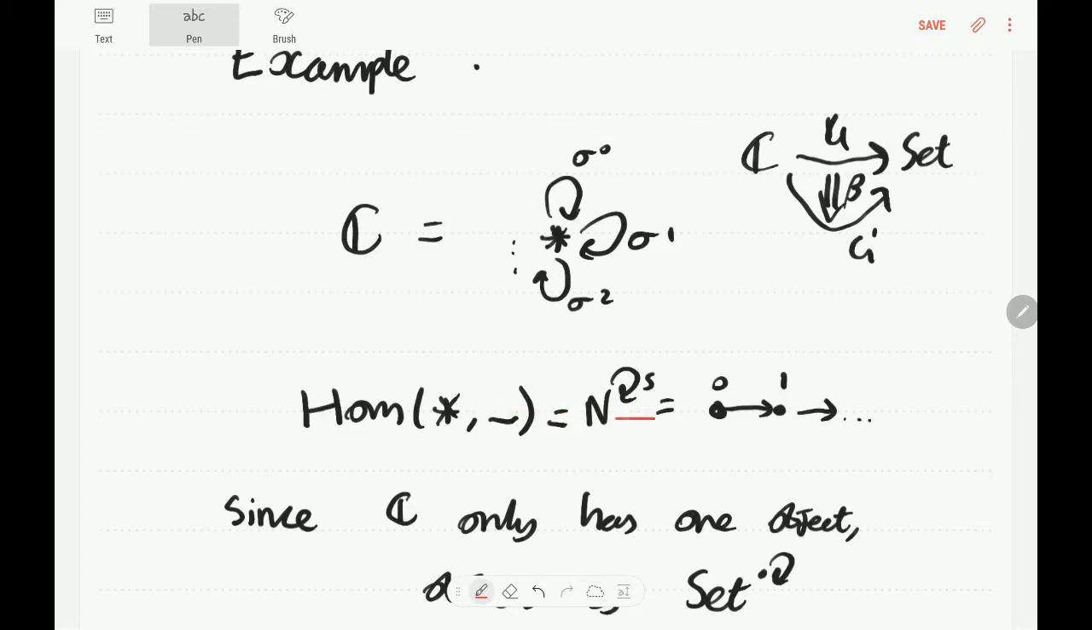This is Hom(star, blank). It turns out to be equal to this object that has a state for every natural number, and the update operation just winds on the number. We can see this